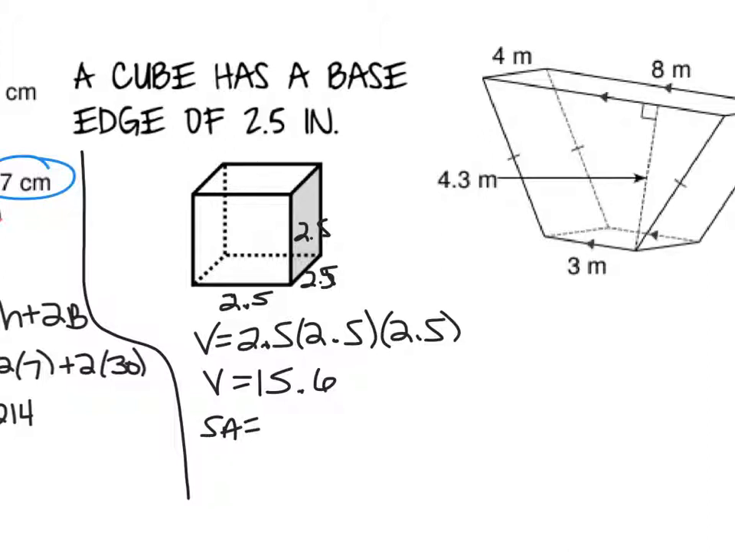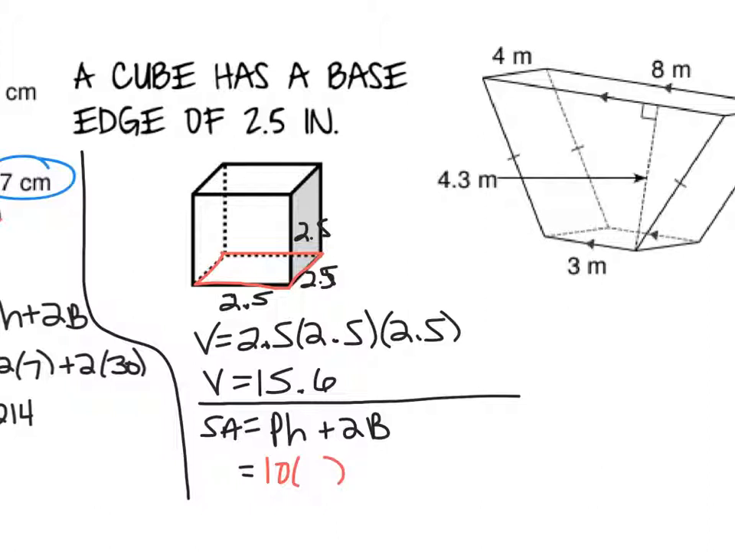Surface area, when I do it, I really just calculate the area of one face, one side, and multiply by 6 because I have 6 of the same squares. But I'll use the normal formula, which is perimeter times height plus 2 times area of the base. So the perimeter of my base is 2.5 times 4, which would be 10. So my perimeter is 10 times my height is 2.5 plus 2 times area of my base. Area of my base is 2.5 times 2.5, which would be